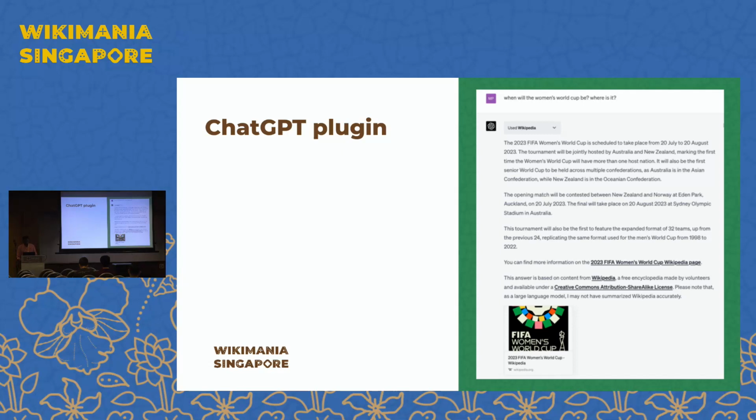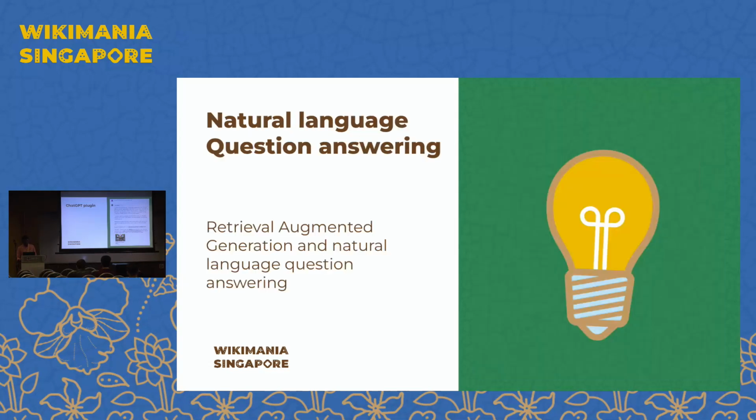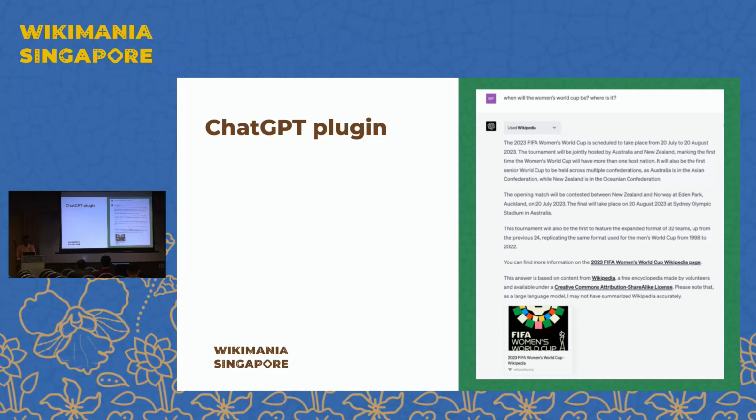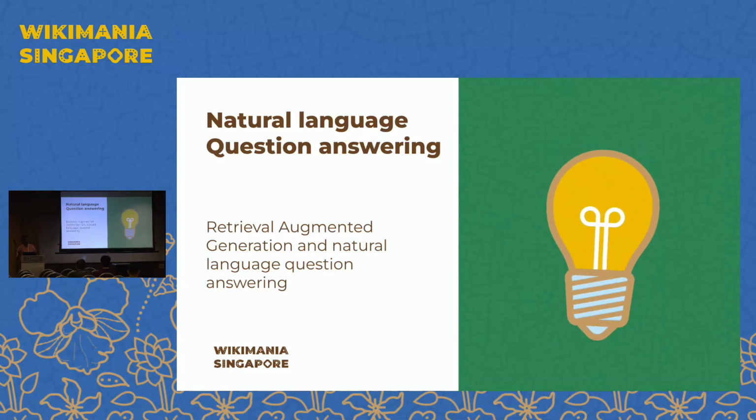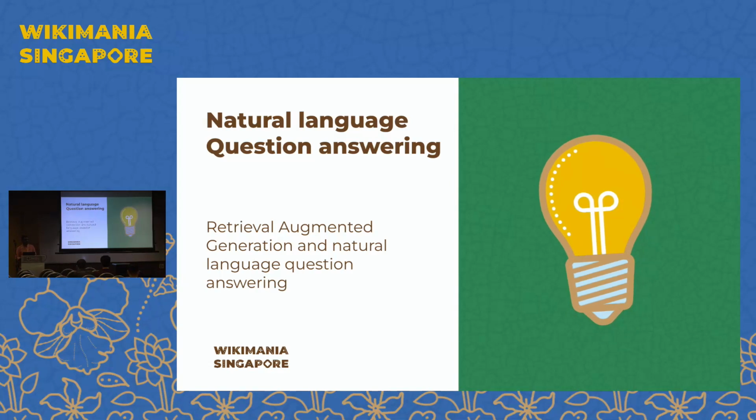Recently, we did an experiment creating a ChatGPT plugin. You might have already heard about that one. There is a blog post explaining how this works and the purpose of the experiment. It's integrated with ChatGPT. You can query Wikipedia and get answers. So it's at a very early stage, how we can use LLMs.